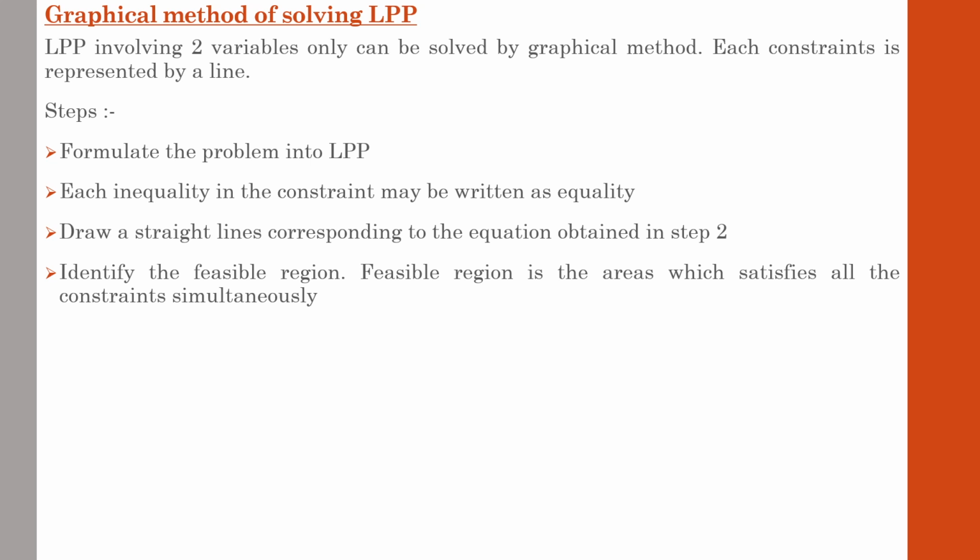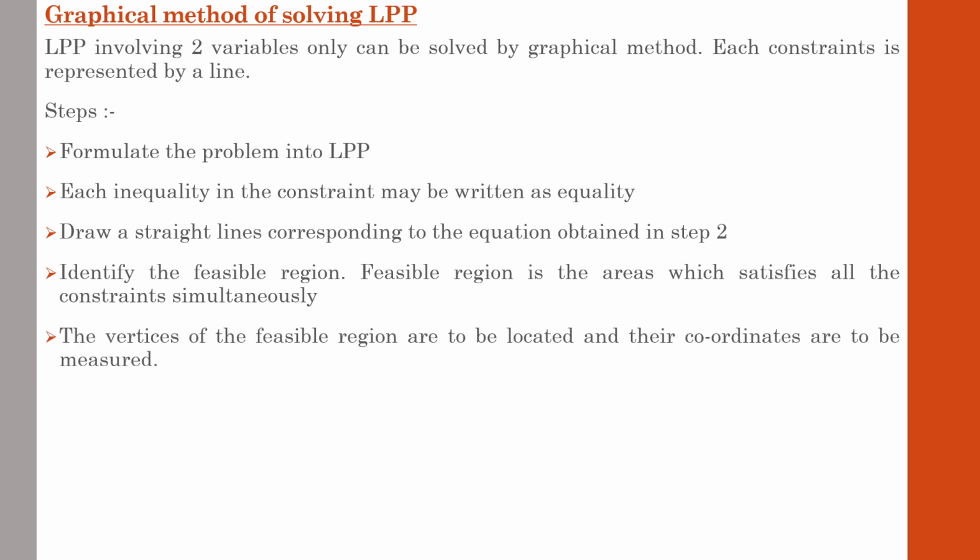We will discuss in detail how the feasible region is identified. Anyway, the concept is this: in the question there will be 2 linear equations. On the basis of these 2 linear equations you will get 2 lines in a graph. These lines will intersect in one point, and the area under or above that point is known as the feasible region. The under and above will be discussed later. We are preparing a graphical method of LPP in order to identify that feasible region. That is the answer to the question: the feasible region.